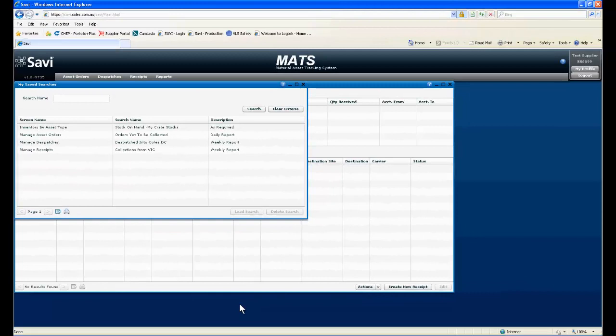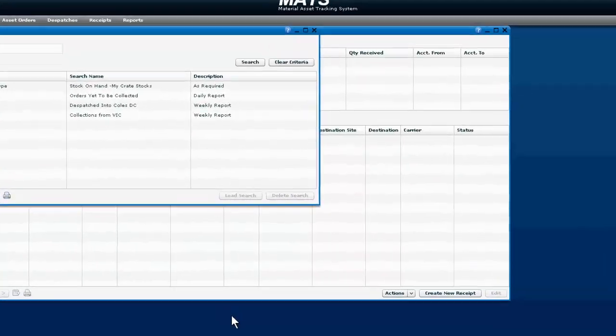That concludes the tutorial for Save Search function. Please refer to our website for more information of how to use the SAVI system. www.createsurus.com.au